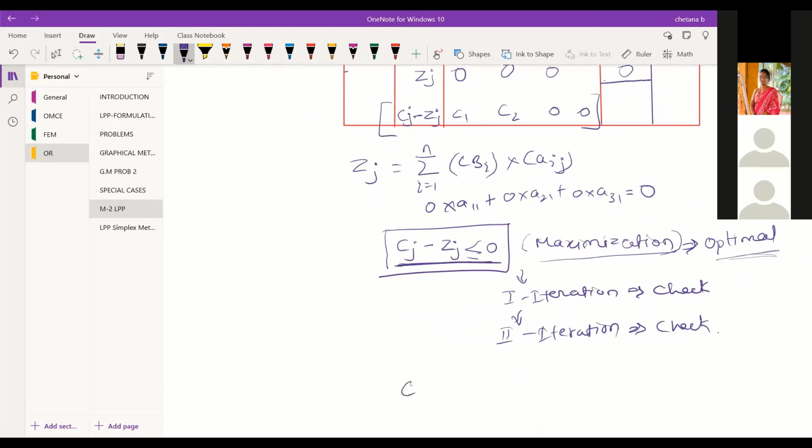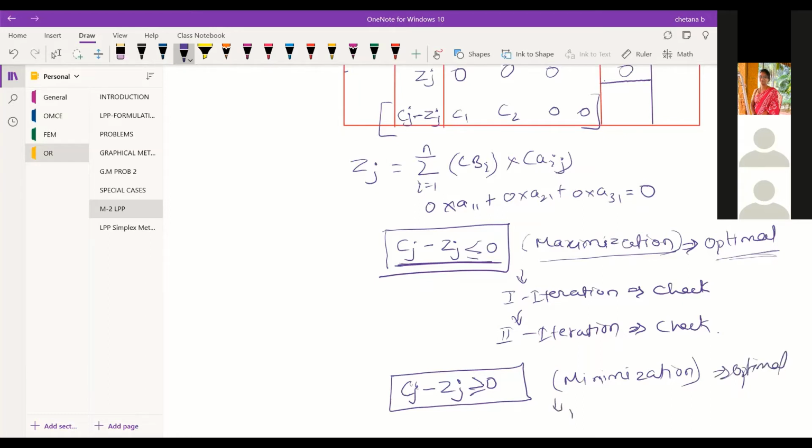And for the minimization, it is Cj minus Zj greater than or equal to 0, that is 0 or positive values. Then we say that it is the optimal solution. If not, then go for the first iteration, then check. If not, go for the second one also. So this is how you need to carry out the minimization or the maximization problem under the simplex method.